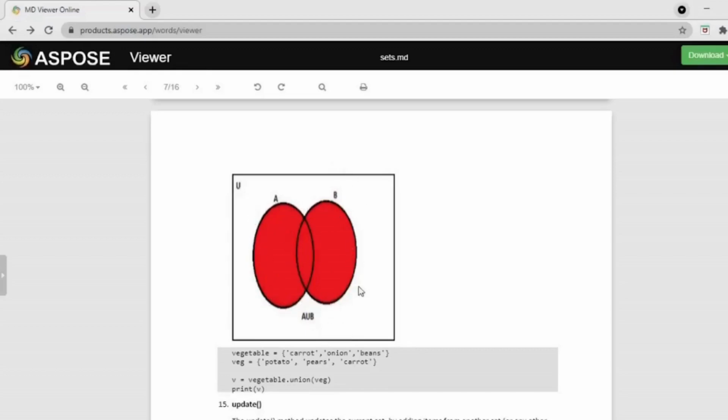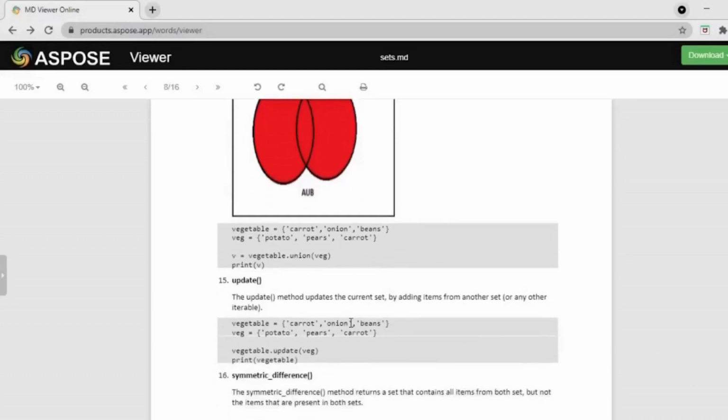So all the elements, whole set of A and B are displayed, but only the unique elements are displayed. If they are repeated, the duplicates are removed and the unique values are displayed.